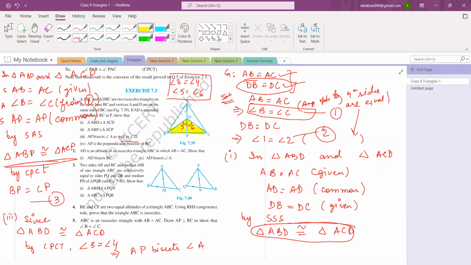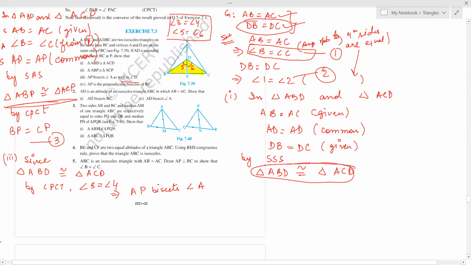So let us try to prove that these two triangles are congruent. Now, where is the space? Okay, can you see? Yes. So now take these two triangles. This is also a continuation of your part 3. So in triangle CDP and triangle BDP, I'll take C first and then D and then P, same manner. So see what is given to you. It is already given that BD is equal to CD. It's already given, right?